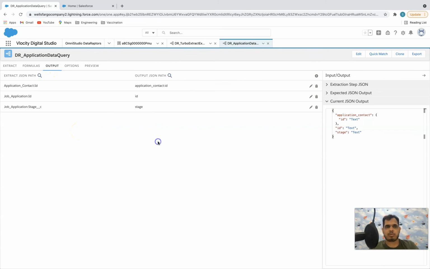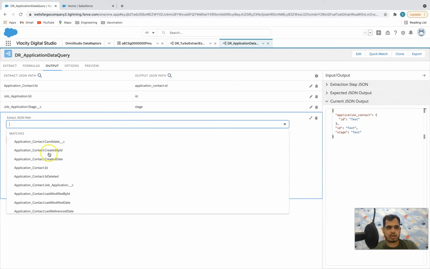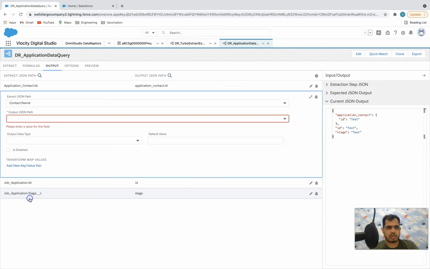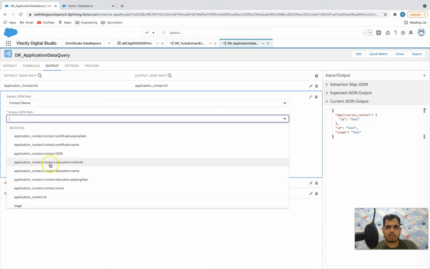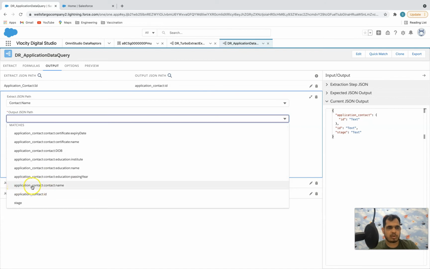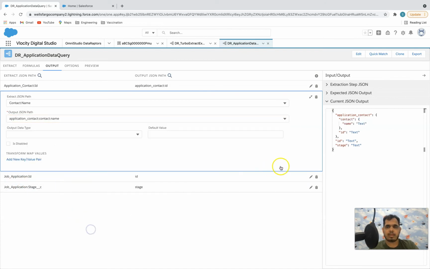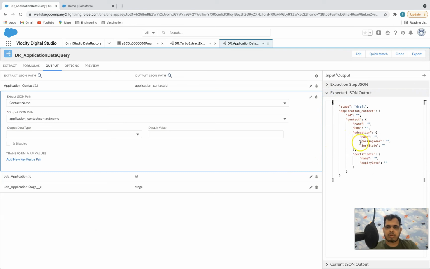Now we need to map the output JSON. I will create one more mapping, and say the name of the contact will go inside application contact name. And for now let's map the DOB also, the date of birth.